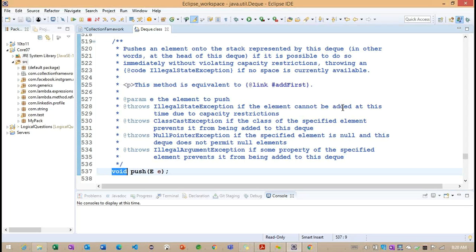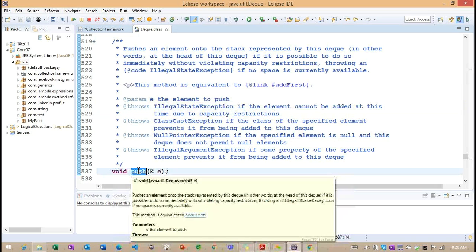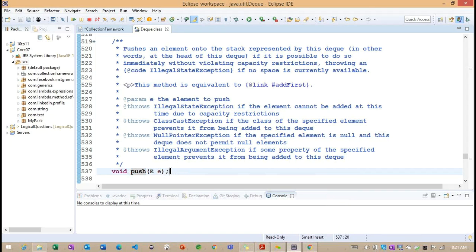The information we can understand is that if the element cannot be added at this time due to capacity restriction, we may get an exception here. So the push method adds an element at the head of the queue, it may throw an exception based on these conditions, and it does not return any element. It is a void type here. So these are the three things we need to understand regarding this particular push method.